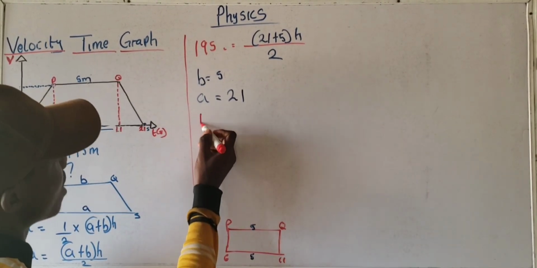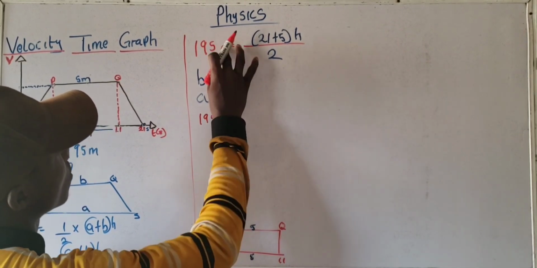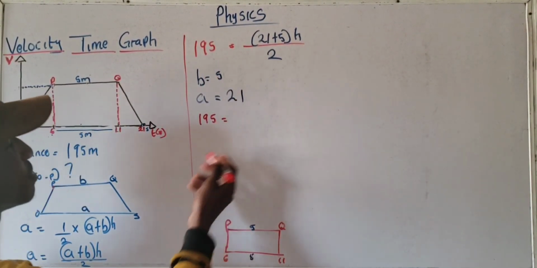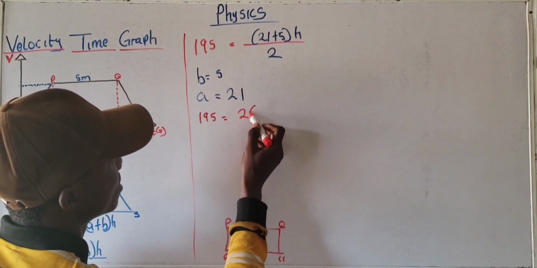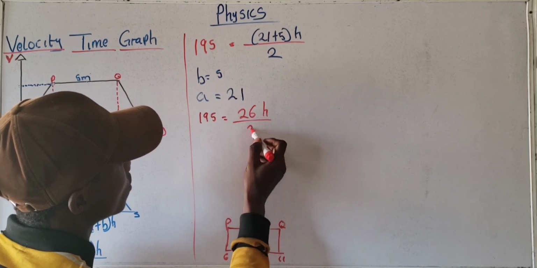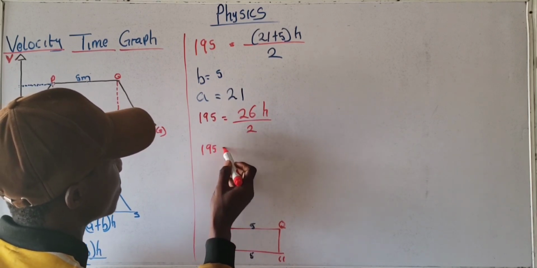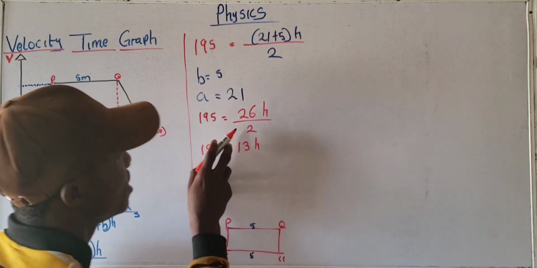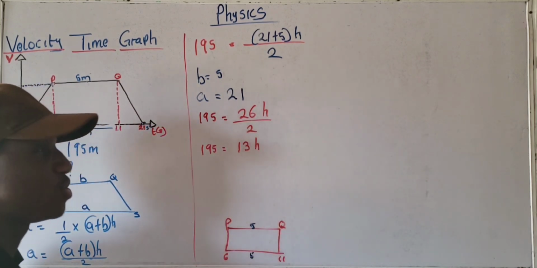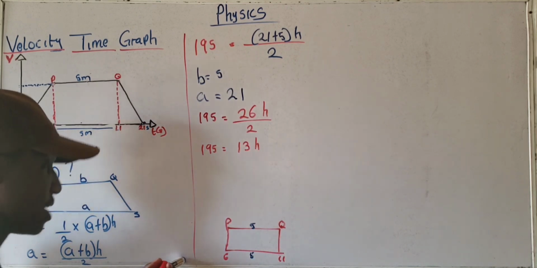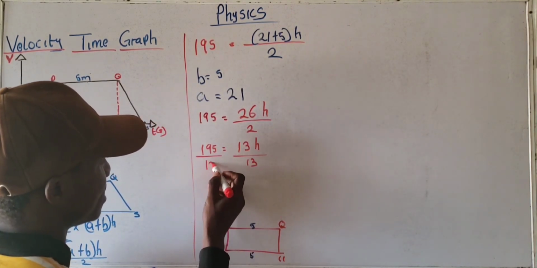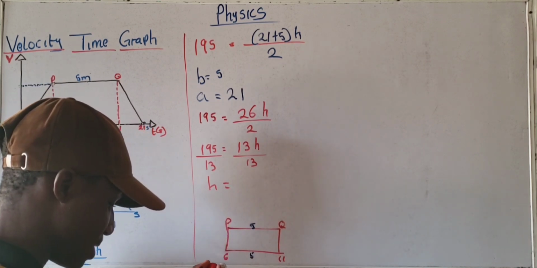So for this, I'm going to have 195 is equal to, you can put meters and you can decide not to, 21 plus 5, which is 26, multiplied by height all over 2. So I'm going to have 195 is equal to 13 multiplied by height. See, 26 divided by 2 will give us 13. Don't forget, the goal is to determine the height. You understand? So in that case, I'm going to divide both sides by 13. Okay? So this divided by 13 and this divided by 13. So height is equal to 195 divided by 13, which will give us